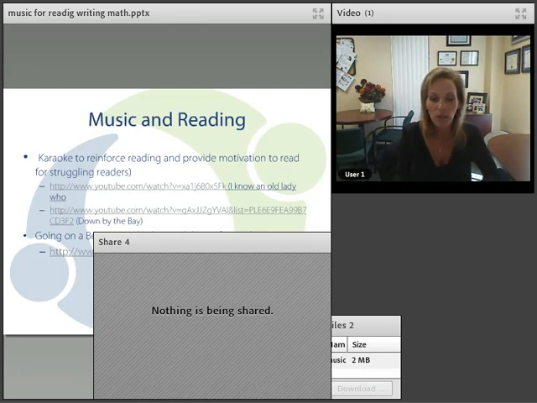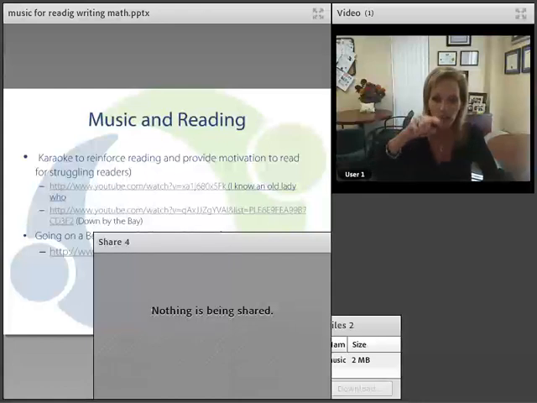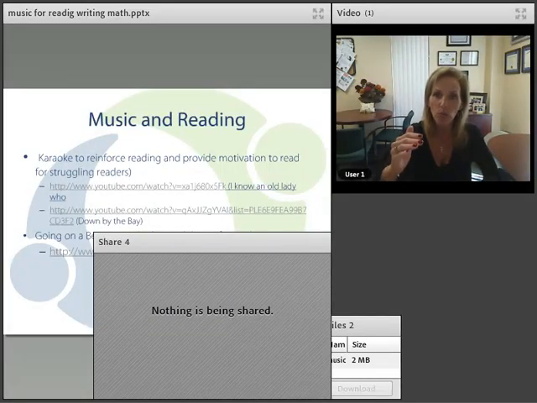We can use the songs, record them, and then have the lyrics on a PowerPoint, so they can sing along while they're following along to the lyrics and seeing the words as they go along. There are also many videos on YouTube where it's follow the bouncing ball, already available for you. There are songs, and while the song is going, the ball bounces on top of each word. That's a great way for the students to see the words over and over again, while they're hearing them and singing them, building their ability to read by sight instead of through decoding,